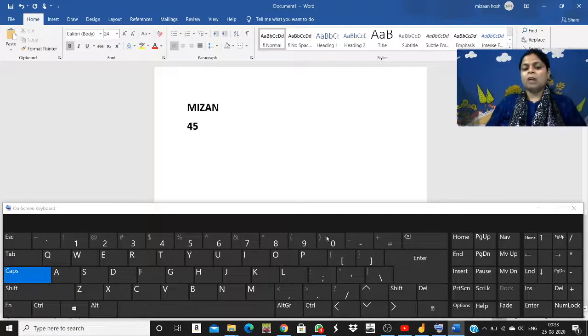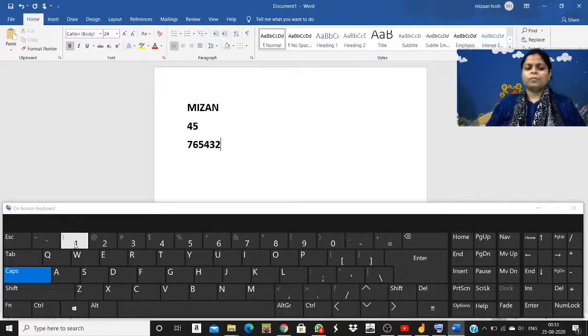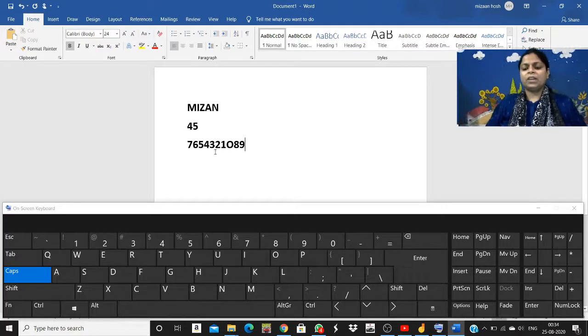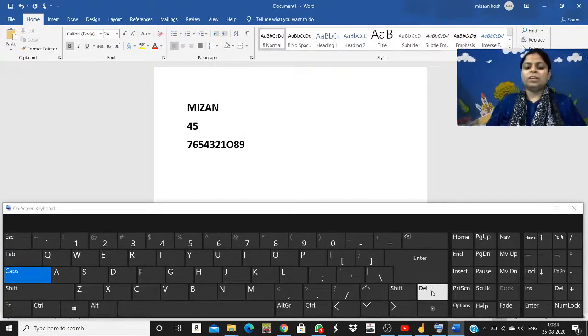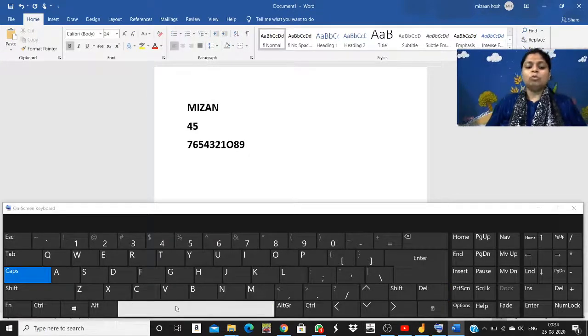Okay. Now children, again I will press enter key and I will type a mobile number randomly. That is not real. Just I am typing to tell you. Anything you can type, mobile number or account number or whatever, with the help of alphanumeric keys. So I hope it was very clear to you how to use backspace, how to use enter key, how to use delete key to delete all, how to use caps lock key, and how to use space bar.